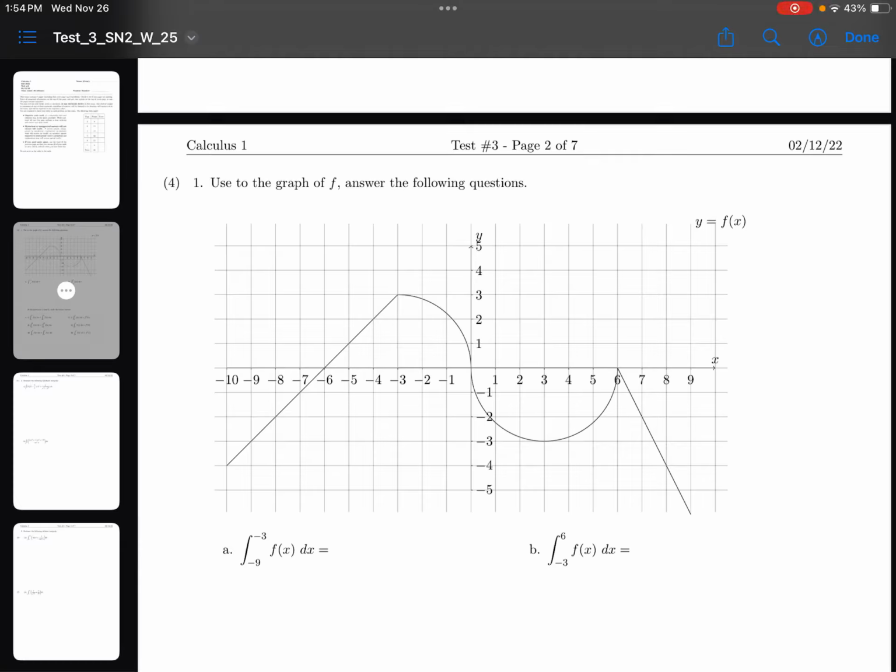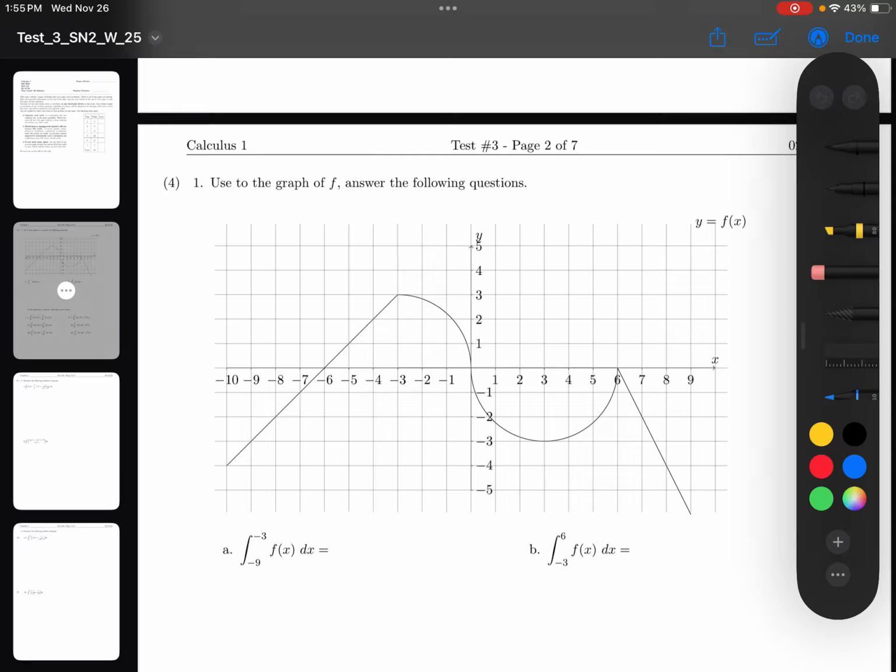Okay, so this is the third test that we're going to cover today. The first question is, given the provided graph of f of x, answer the following questions. So here is f of x, this is the graph, and the first question is to evaluate this interval right here. What do we know about